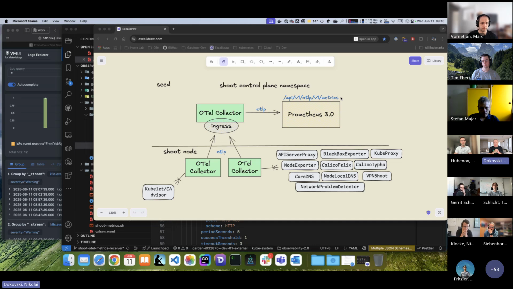It's part of GAP 34, which is already published if somebody wants to take a look. But now we are looking into the metrics, and the goal of the hackathon was to see whether we can fetch a bunch of exporters which are running on the shoot nodes, including not only the exporters that we deploy, but we also fetch the kubelet metrics and cAdvisor metrics today, and we use a Prometheus pull-based mechanism to actually transport these metrics to the Prometheus instance running in